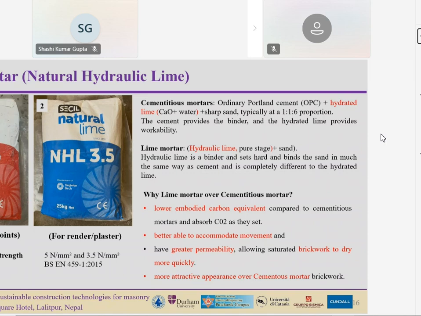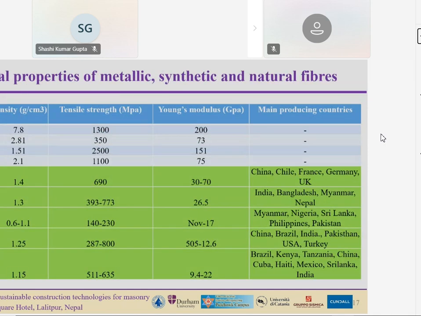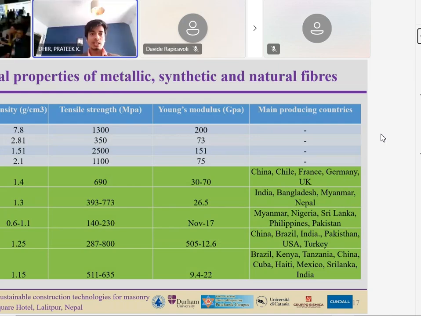There are a few limitations with the lime mortar, definitely, because this cannot match up to the strength and performance of the cementitious mortar. So there has to be some enhancement and improvement we need to provide for the lime mortar if you are going towards the goal of sustainability. So then we try to investigate all the possible ways how we can enhance the